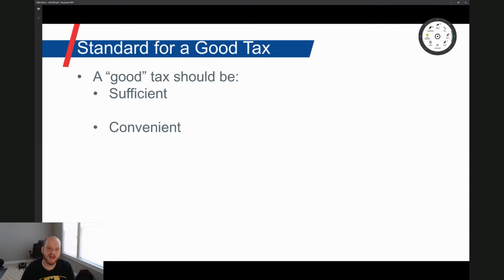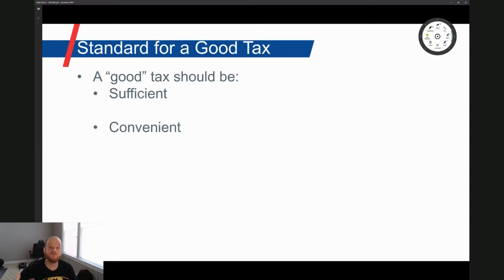Similarly, a sales tax is very convenient for the taxpayer. When you go to a store, you don't even think about the tax. You just buy what you want to buy, you pay what you're told, you move on with your life. You're not realizing that as part of that transaction, you've actually paid a sales tax, right? A use tax is incredibly inconvenient, right? It might be convenient for the government because they don't really have to do much, but it is incredibly inconvenient to the potential payers of a use tax, to the point where no one actually pays a use tax.